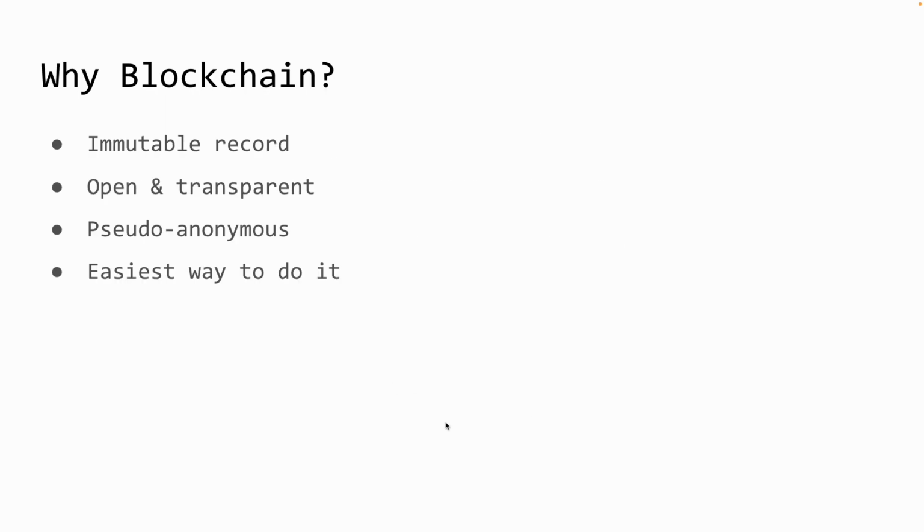And then why are we using the blockchain? What's great about the blockchain is once the data is stored, it creates an immutable record. It's open and transparent on the network, and yet at the same time, it's pseudo-anonymous, so that the transacting parties can reveal their identities to whomever they want to, while at the same time, the data will always be there,